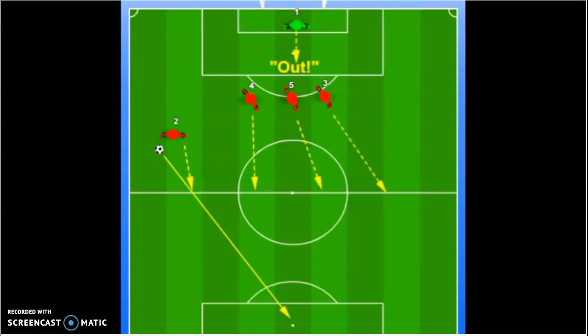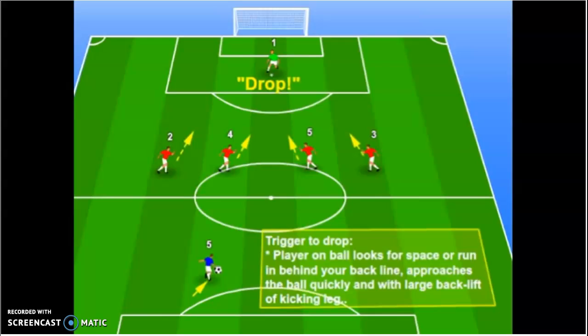to move up quickly. Importantly, when it comes to the drop shout, it could be because you're seeing an opposition player approach the ball quickly, looking for space in behind your back line. You have a large backlift of the back leg, the kicking leg. At that point you can drop very quickly and that might actually put him off going for the long pass